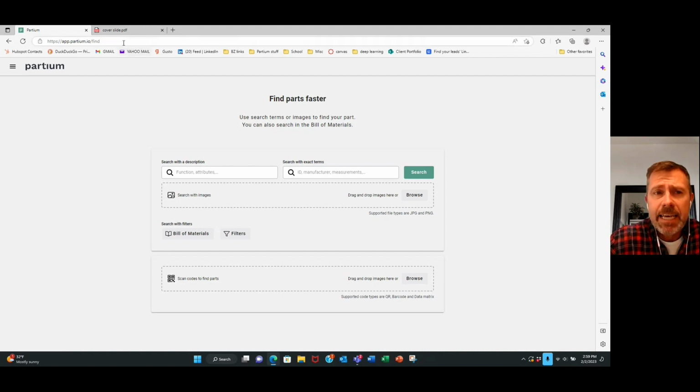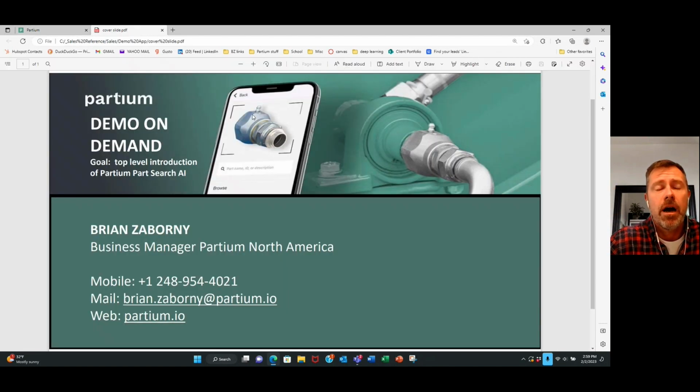So that in general is a very top level view of what Partium is offering right now. There are many different features that we can provide within this solution. I haven't talked about it, but we offer analytics as well, where we can look even within a specific user's parts, times these parts have been searched. We can run reports over months, over years, and give you an idea of maybe what your top search parts are, maybe parts that aren't being searched,